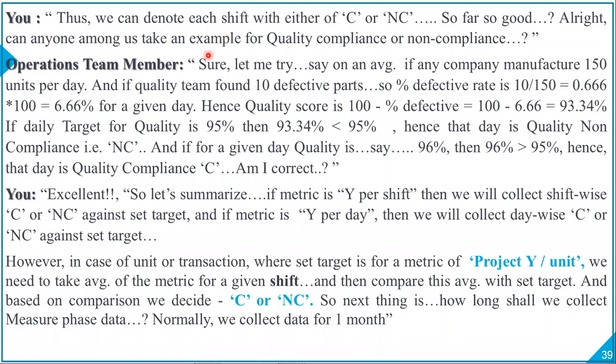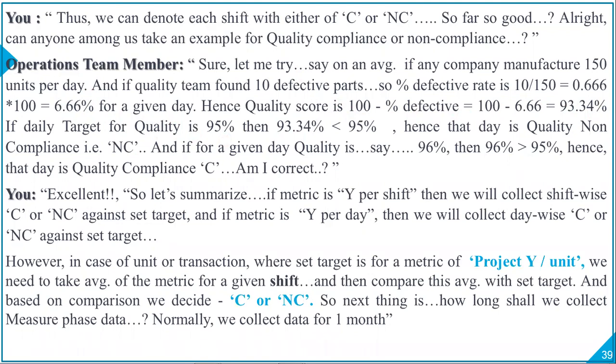All right. Can anyone among us take an example for quality compliance or non-compliance? So we took an example of TAT compliance, non-compliance. Now, can you take an example of quality compliance or non-compliance? One of the operations team members says, sure, let me try. Say, on average, if a company manufactures 150 units per day, and the quality team found 10 defective parts, so the percentage defective rate is 10 by 150, which is roughly 6.66% for a given day. Hence, the quality score is 100 minus percentage defective, which is 93.34%. If the company management said the daily target for quality is 95%,